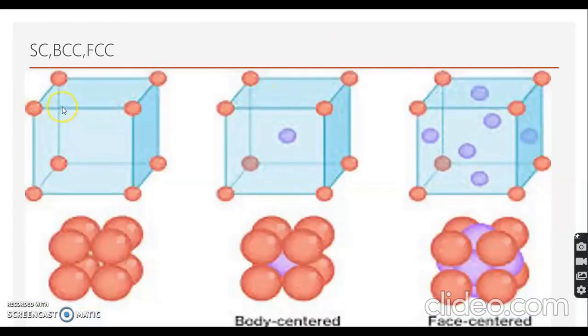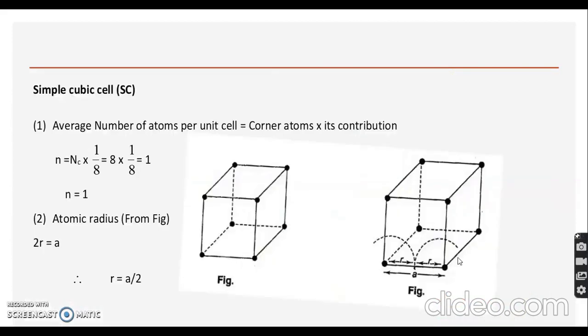You can look at the diagram, the simple cubic diagram. Here you can see the atoms are present only at the corners. The whole crystal structure looks like this. Here you have the atoms at the corners plus one body centered atom, so the whole crystal structure gives you a view like this. And here you will have all the corner atoms plus all six face centered atoms. So this is a highly packed structure and this is the way it will look.